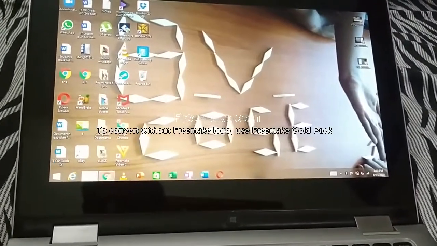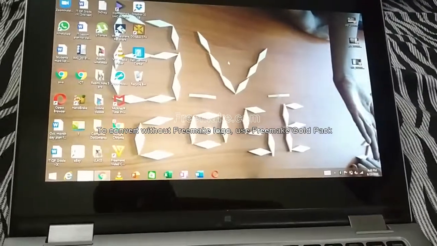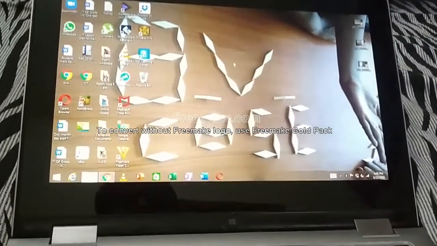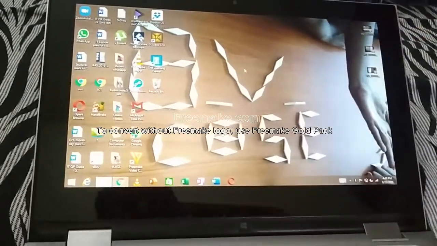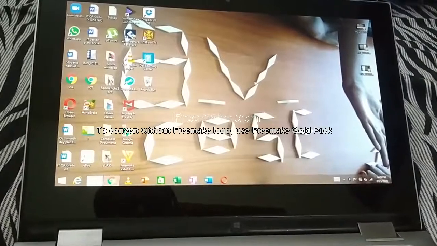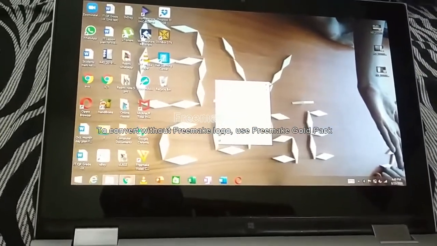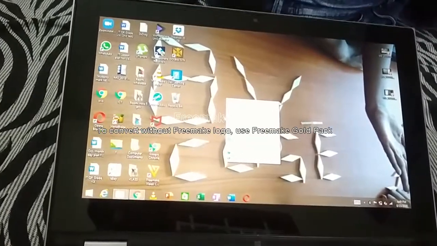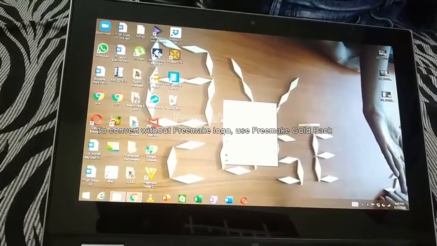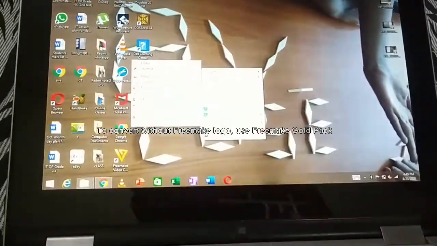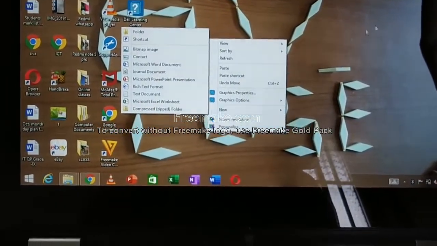A new folder can be created on a desktop. This is a main thing, so I will explain it. How will you create it? Click on an empty space on the desktop. Don't click on any icons. Then right click on the desktop. If you right click, there will be a list of options.